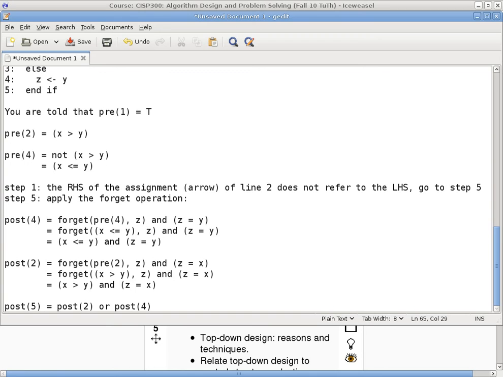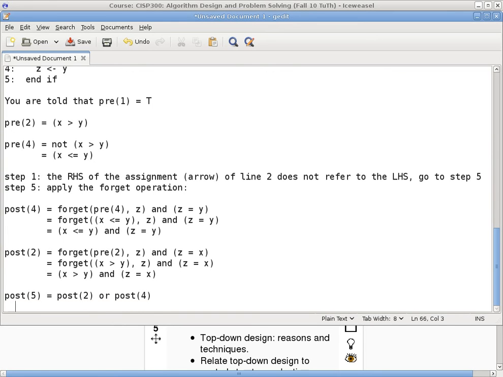Now, remember, just because one has to be true does not mean that both cannot be true at the same time. We simply want to say that at least one has to be true. That's all we are saying. So once we know this, then it is just a matter of expanding post 2 and post 4. That means we are taking post 2 here and pasting inside the parentheses, and we are taking post 4 here and pasting inside its own pair of parentheses. Can anyone tell me why I